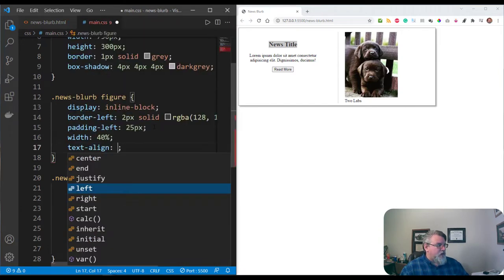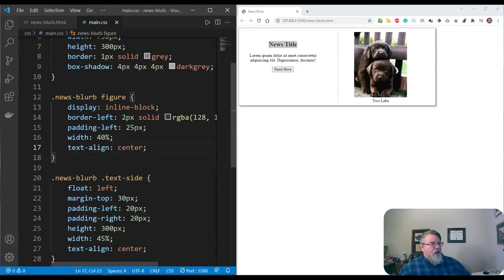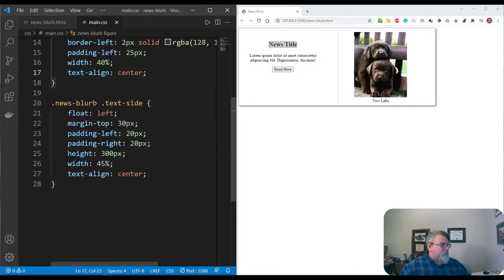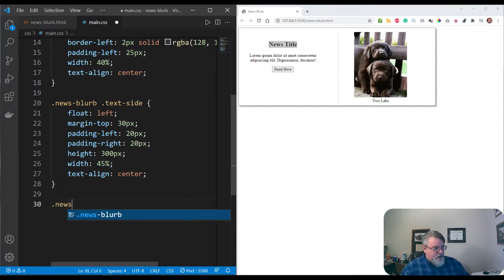And I will do a quick text align center. This will actually start moving things over a little bit. See how you have the picture now? The two labs is underneath there. It's actually starting to look like a little news article. Okay, so the next thing I'm going to go ahead and do is a news blurb